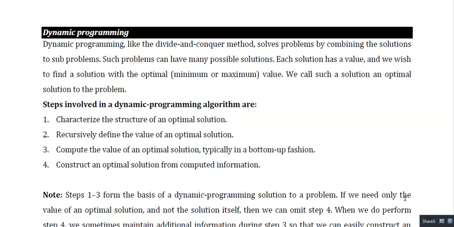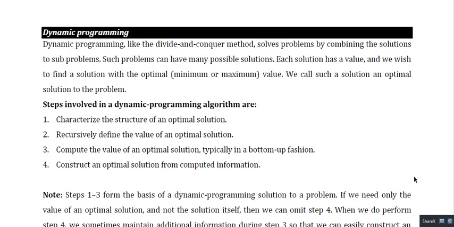Yes. So hello students. Last lecture I ended with the concept of divide and conquer algorithms, and I discussed algorithms like binary search, merge sort, and quick sort, which are based upon the principle of divide and conquer. So today's class will start with a new algorithm design strategy that is known as dynamic programming.